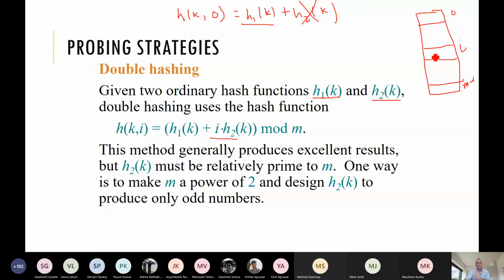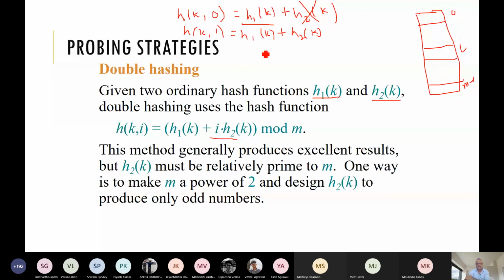Now if it is empty, we are happy. Otherwise we have to go for the next probe. So the next probe brings in another hash function. That is h1 of k plus h2 of k. It will hit some slot over here.